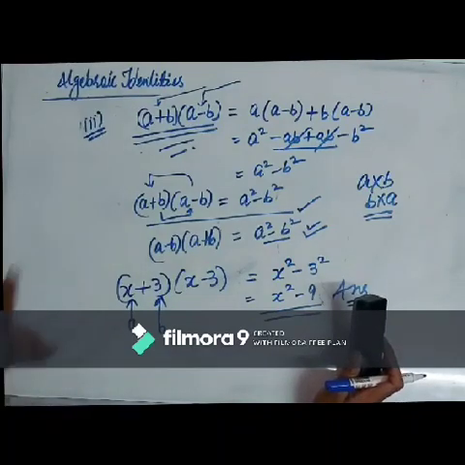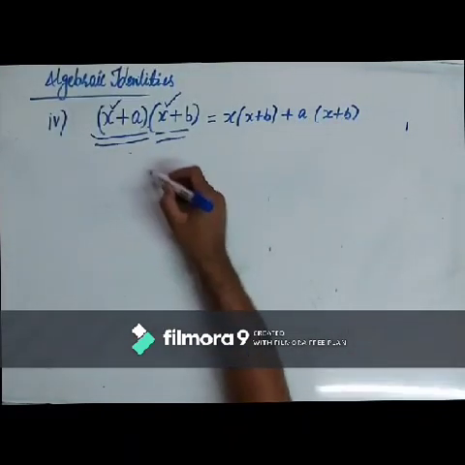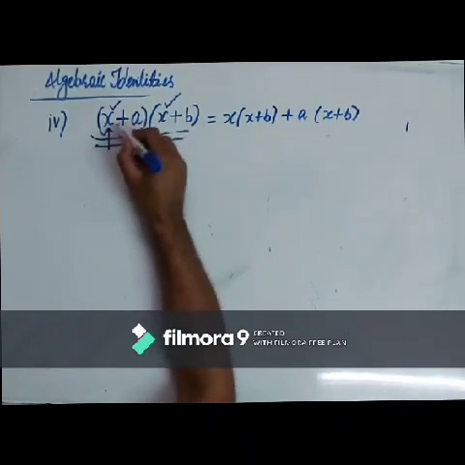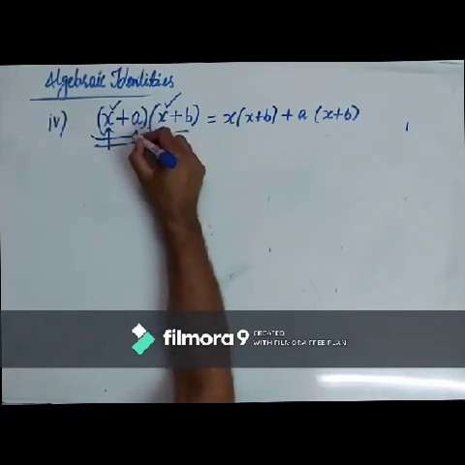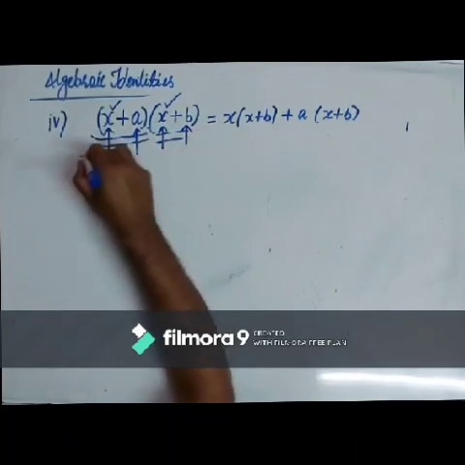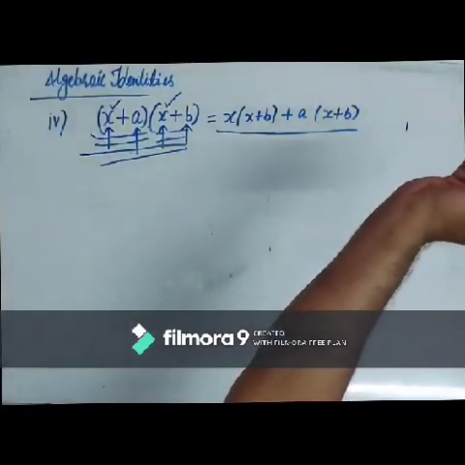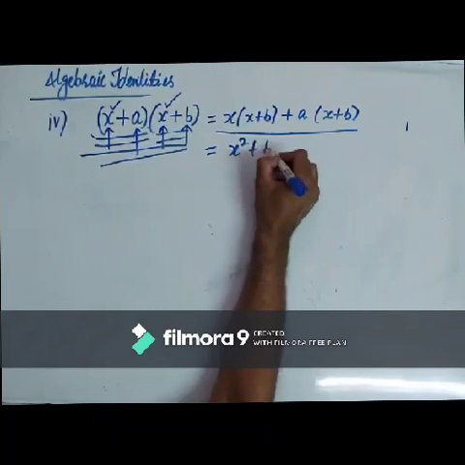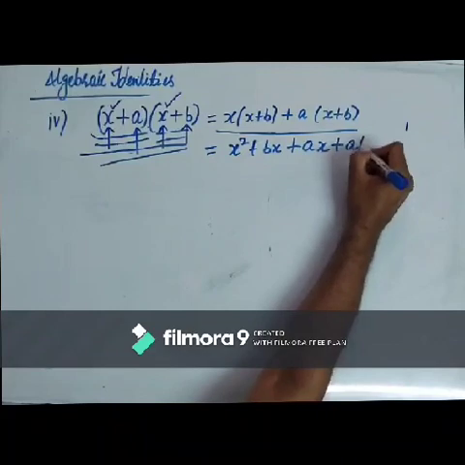I have told you, there is nothing like resembling the like term. This is your identity number 4. The first term of the first binomial is x, and the first term of the second binomial is again x. The other terms are different terms. If we have this kind of pattern, then we simply multiply with the distributive property, and we get x square plus bx plus ax plus a into b, that is ab,